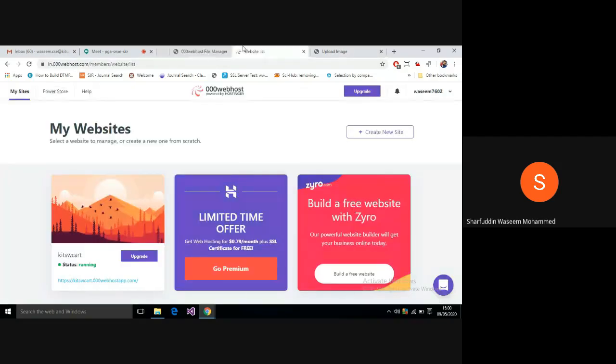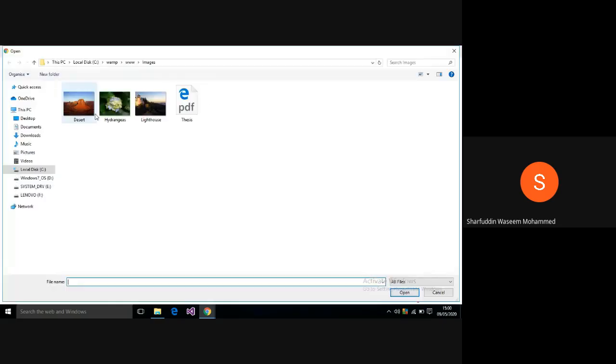Try to reload again. Why reload? Because I have made changes to it, so reload it. Now choose the file, then upload. The file size exceeds 1 MB.